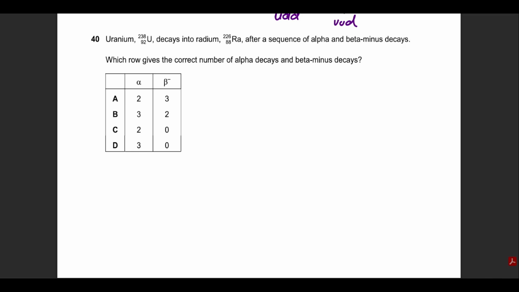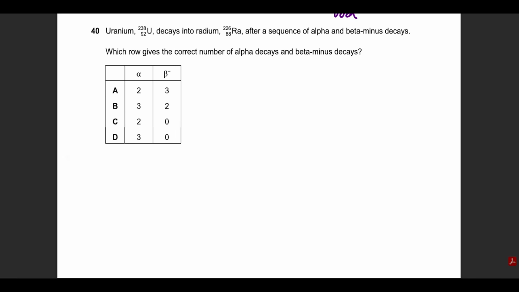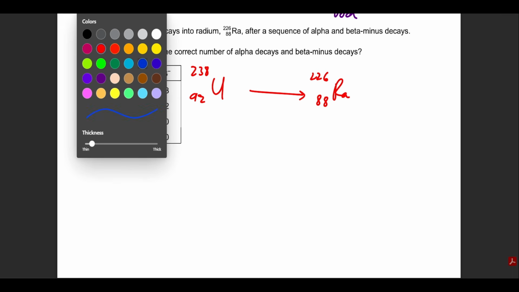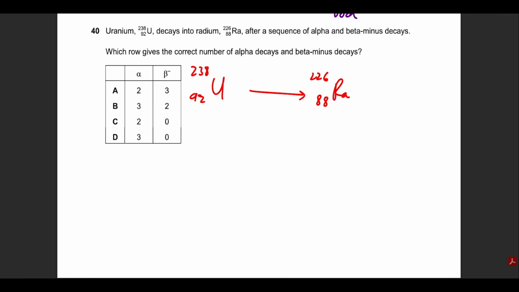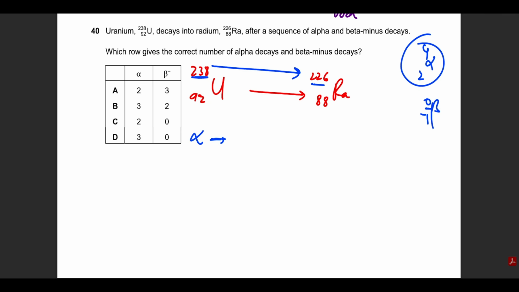Now 40th, there are 2 ways to do this. First, let's try the logical method. He says that U 238 with 92 becomes radium, for example, 226 88. How many alpha and beta minus have been decayed or have been exited from the situation? So notice that alpha is 4 2 and beta is 0 minus 1. So since beta cannot affect the number on the upper side, we can be very sure that we can use at least this difference to find how many alphas were rejected. So for alpha, from 238 minus 226 divided by the upper number 4, we can figure out that there were